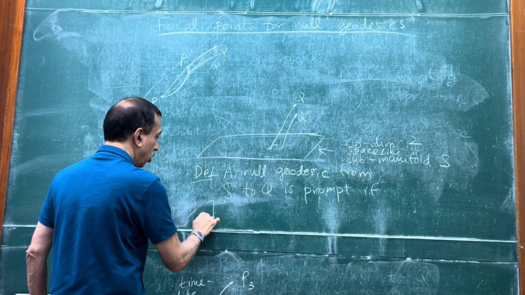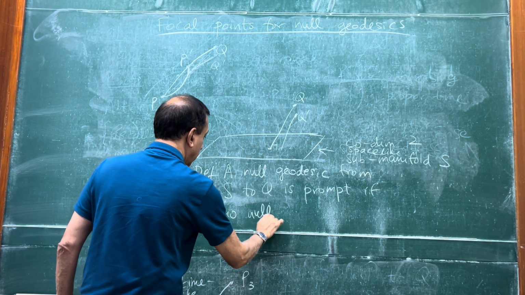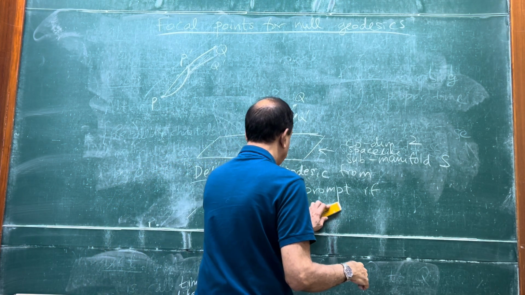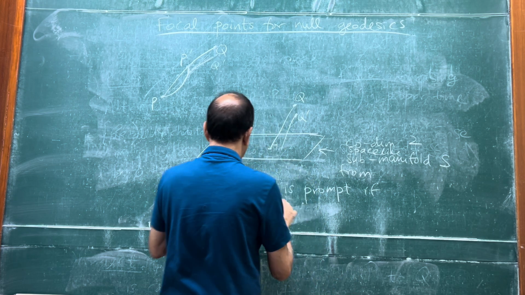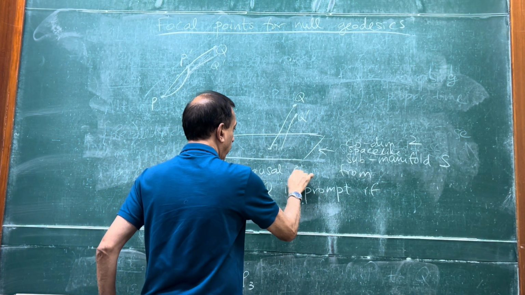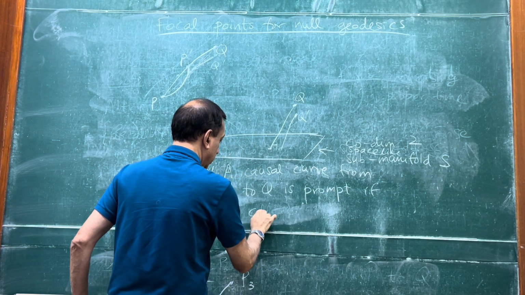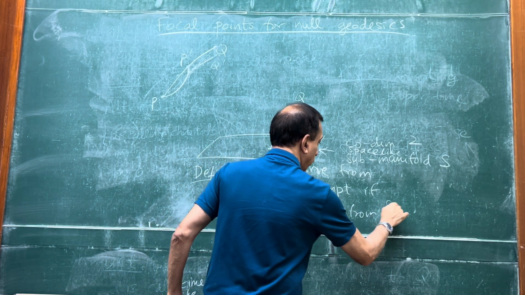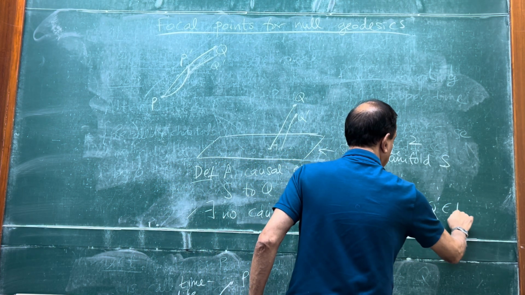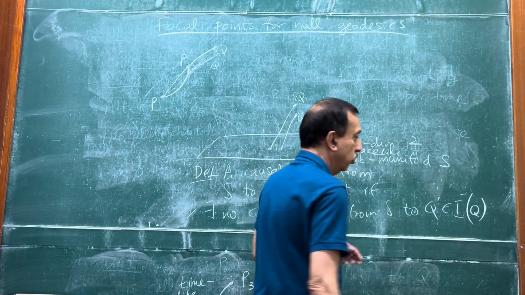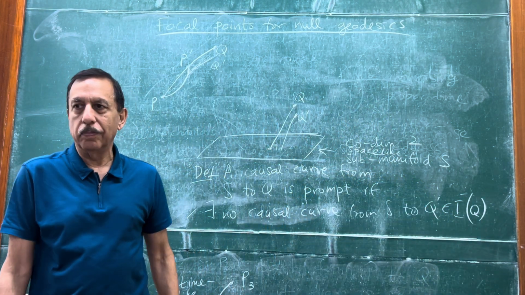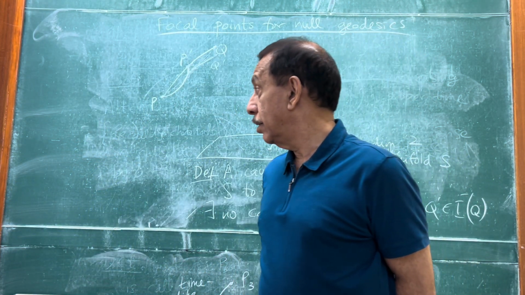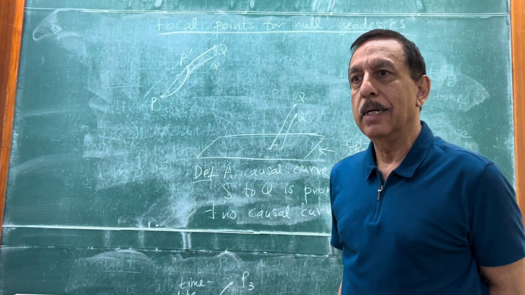If there exists no null geodesic, well, actually no causal curve. Again, we don't have to say null geodesic. Causal curve. If there exists no causal curve from S to Q prime in the time-like past of Q, and I'm not writing it, but slightly to the past. So it's this analogous definition, and actually the more important focal points, both in the time-like case and in the null case,